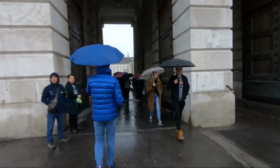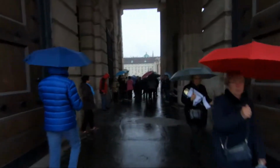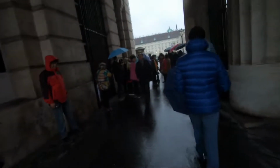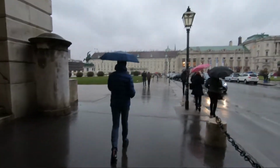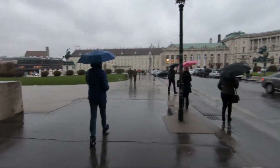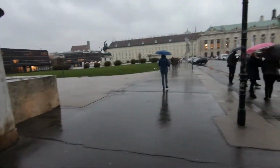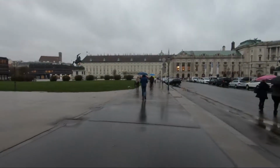I'm gonna need my umbrella. But yeah, the GoPro's waterproof, but I don't want to get drops on the camera lens. So I'm gonna put my umbrella up just so that, yeah, if you wouldn't mind opening it, just so that I can keep the lens clear. All right, so